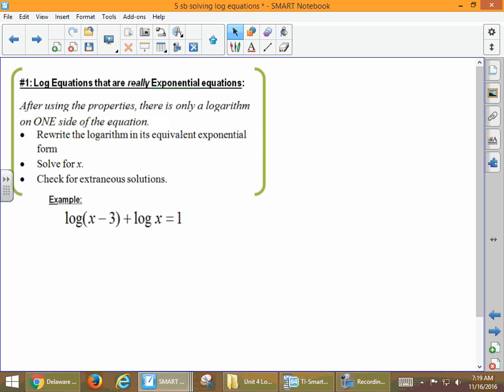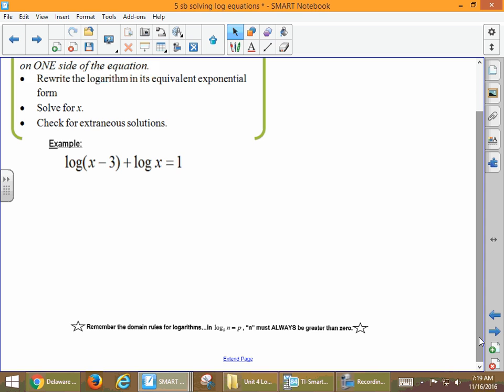We rewrite the logarithm in its equivalent exponential form, we solve for x, and then we check for extraneous solutions, which means it's a solution that looks like it's perfectly good, but when we put it back into our equation, it doesn't work. At the bottom of your paper it says, remember the domain rules for logarithms: log base p of n equals p, the n must also always be greater than 0. So as we look at this example here,